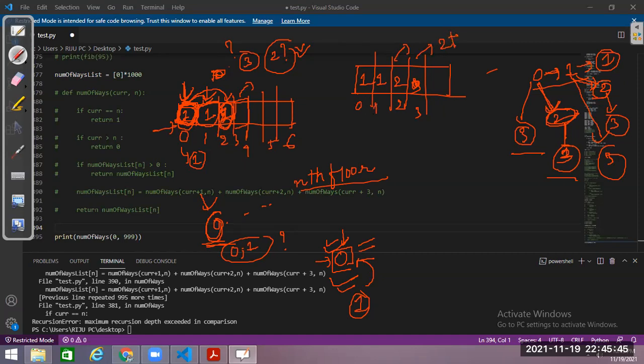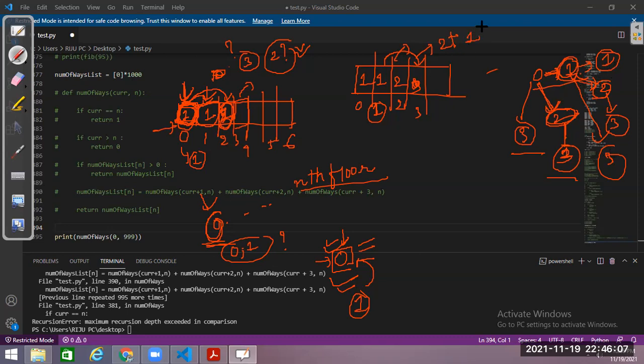Okay, in how many ways can I reach 1? Only one way, that is taking one step from 0. So from 1 I can go to 3 by taking 2 steps. How many ways can I reach 3 from 1?